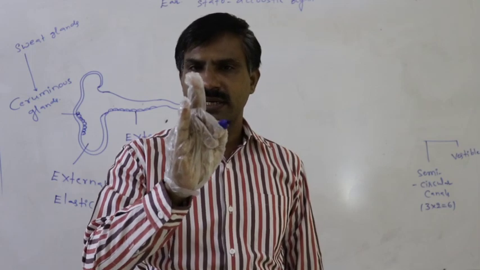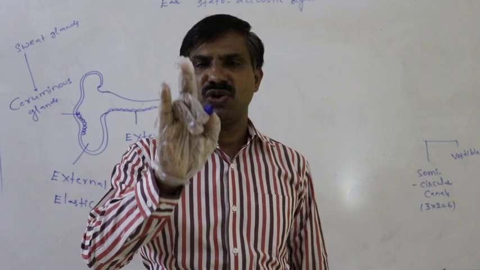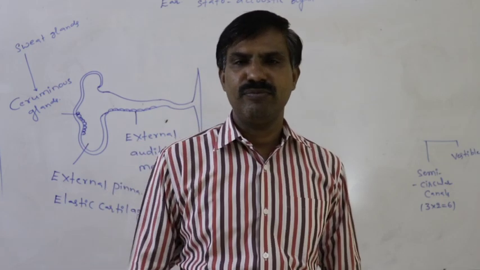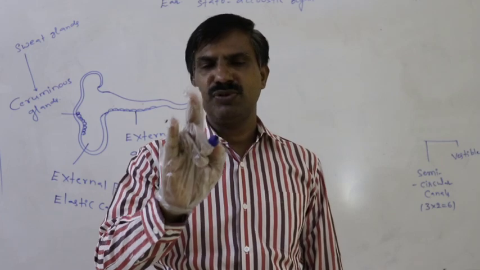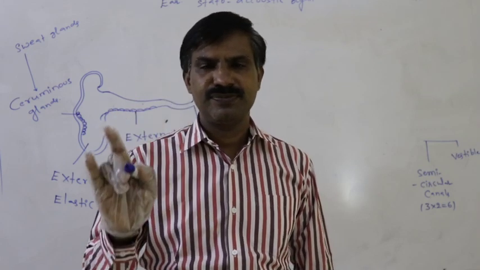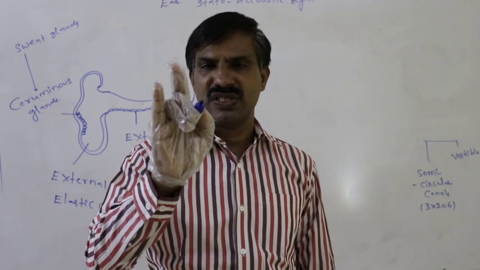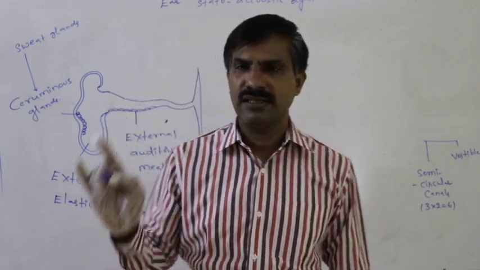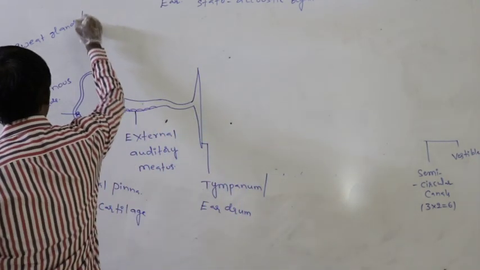As per NCERT concept, ceruminous glands are modified sweat glands, but not sebaceous glands. In your textbook, there is the wrong concept, that ceruminous glands are modified sebaceous glands. That is not correct. Definitely ceruminous glands are modified sweat glands